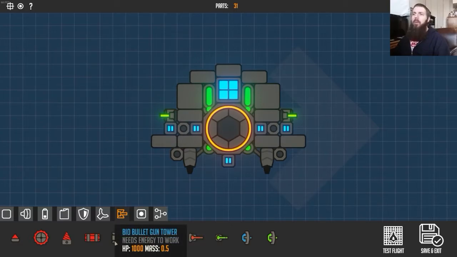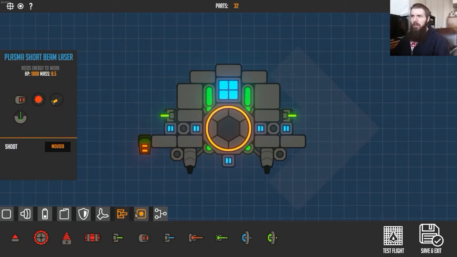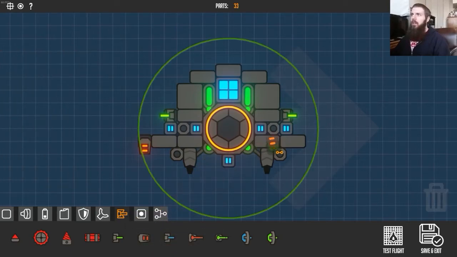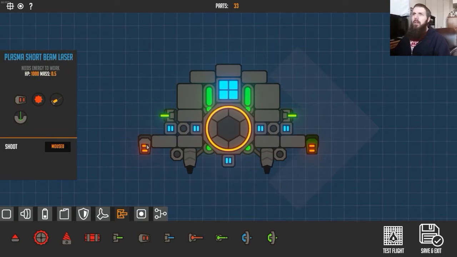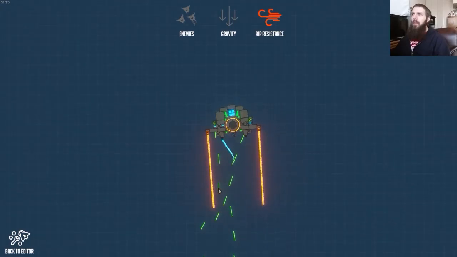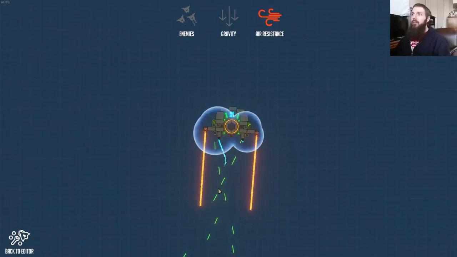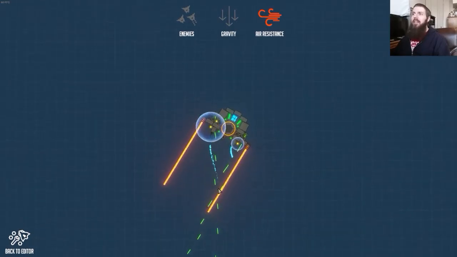Alright, let's try... I'm using these bio-bullet gun towers. So what about these plasma short beams that I have not tried yet? So we're going to attach these right here. And attach one of these right here. Let's stay at the same mouse 0. So those... Okay, those are just... Alright. But then trying to shield yourself... Nope, it just immediately...